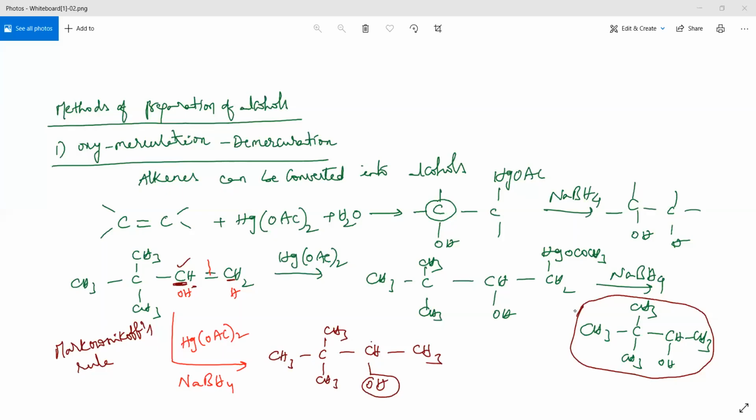Yeah. This is the preparation of alcohols. The first method,